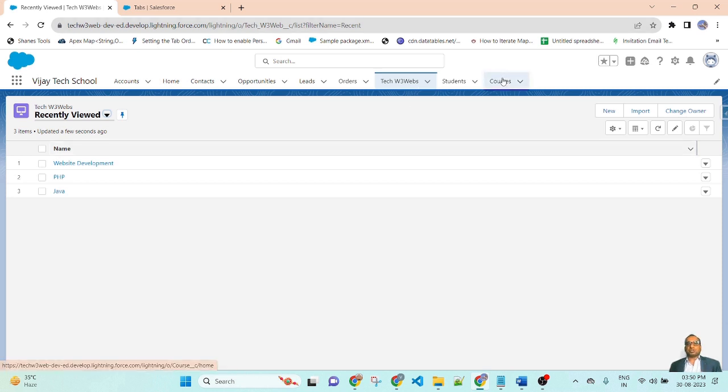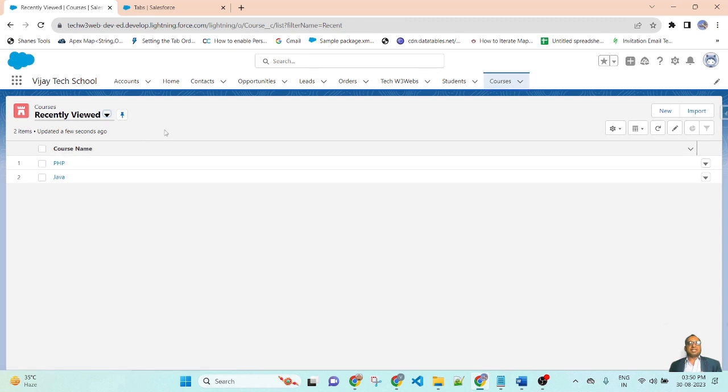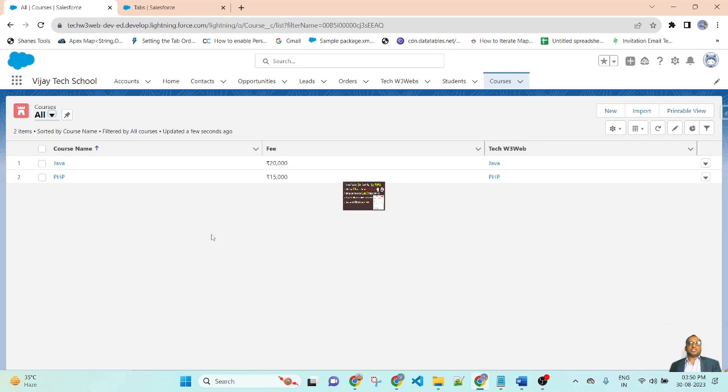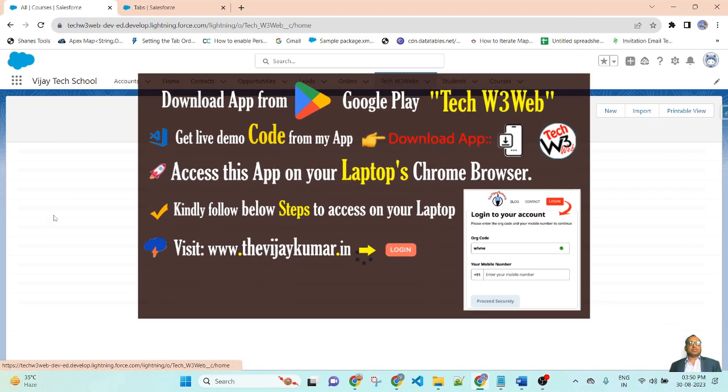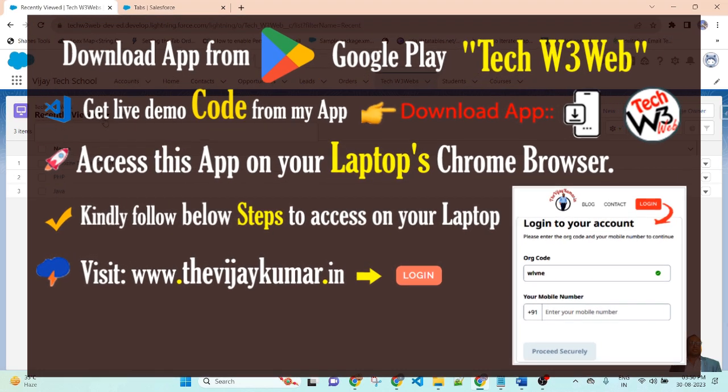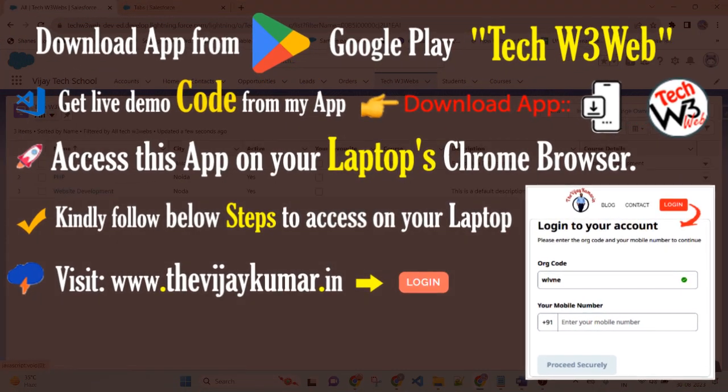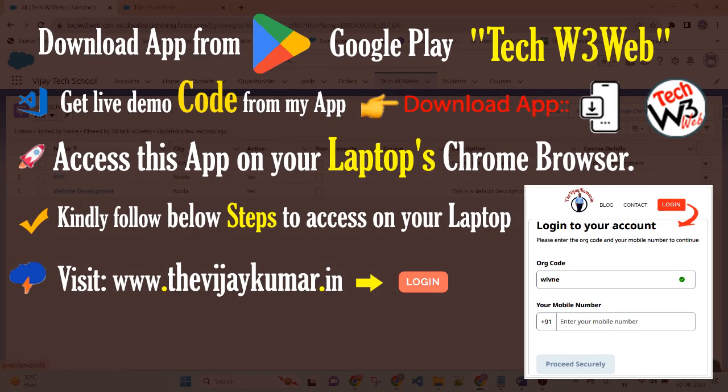Now let me go to the course, go to All, and here you can see the Salesforce record has been automatically deleted. So the Salesforce record associated with the Tech W3 Wave Salesforce record, you can see there is no Salesforce record available.